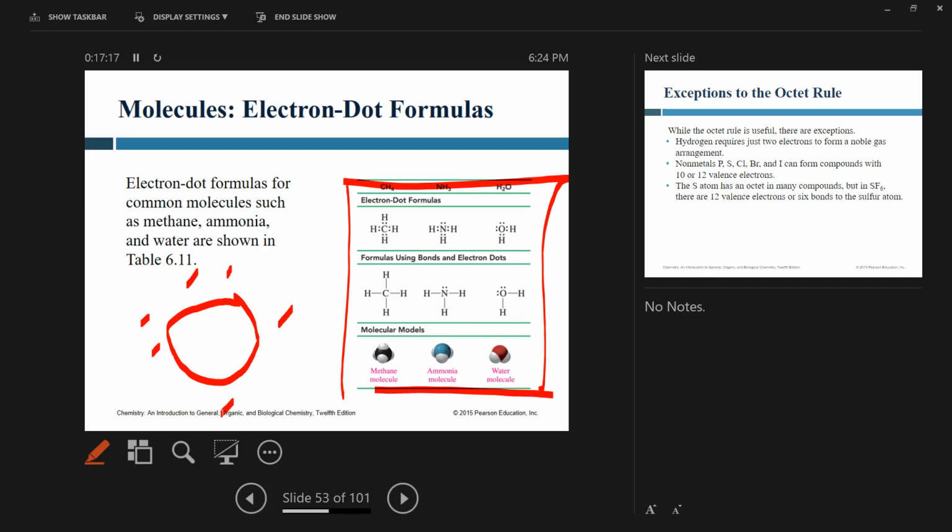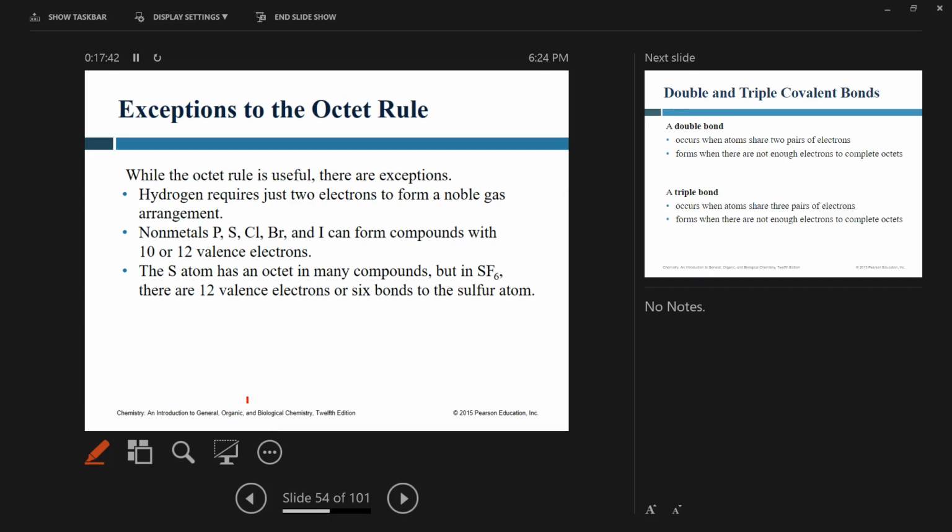So, how many electrons does it need to share to achieve the perfect configuration? 2. How many hydrogens do you need? 2. Bingo. How many lone pairs? 2. Perfect. That makes sense so far? We're good? Yeah. So, octet rule